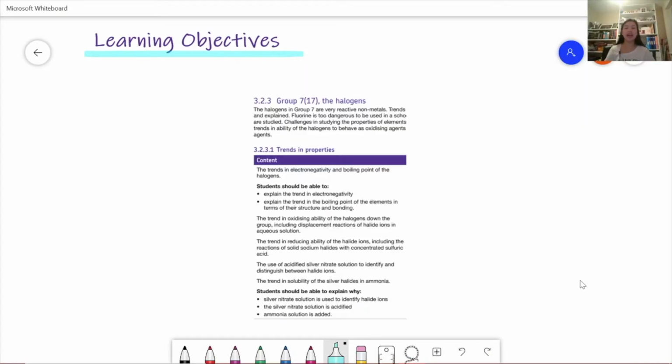Today we're going to be looking at group 7, so the halogens. And we're going to look at the trends in electronegativity and boiling point, and we should be able to explain the trend in electronegativity and the trend in the boiling point of the elements in terms of their structure and bonding. And then we're going to look at their trends in oxidizing ability of the halogens down the group, and